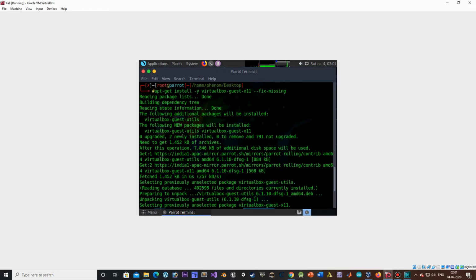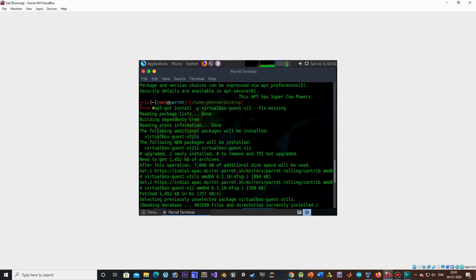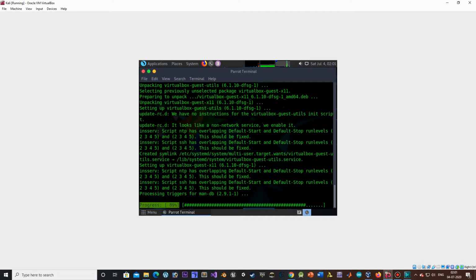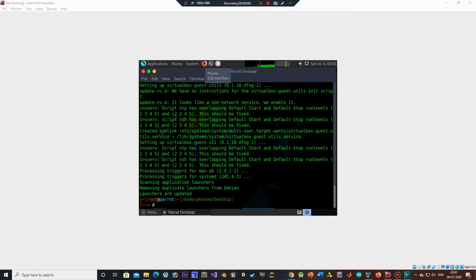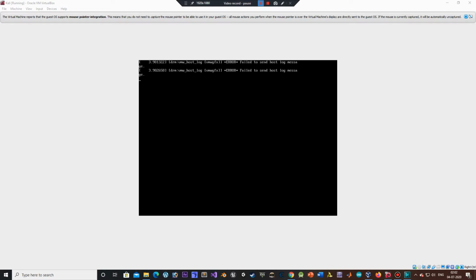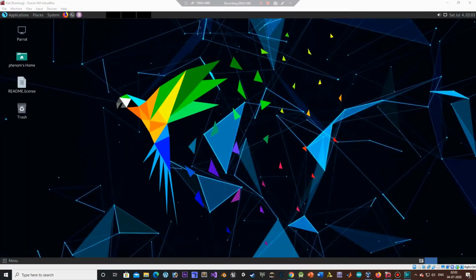So type in --fix-missing at the end and click on enter, and it will resolve a few errors, and as you can see, the progress is now happening. Once you're done with it, type in reboot. Now we could get the full screen resolution.